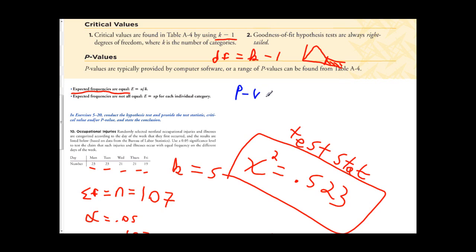So up here, the p-value is equal to 0.971. That's a very high p-value. Remember, if the p-value is high, the null can fly. If the p-value is low, the null must go. So in this case, the null hypothesis